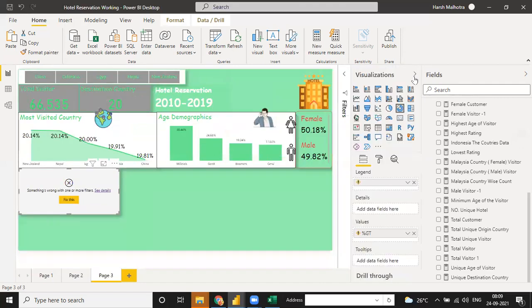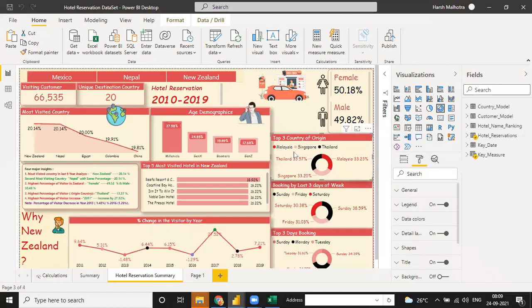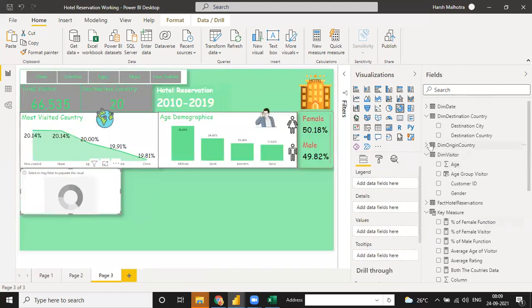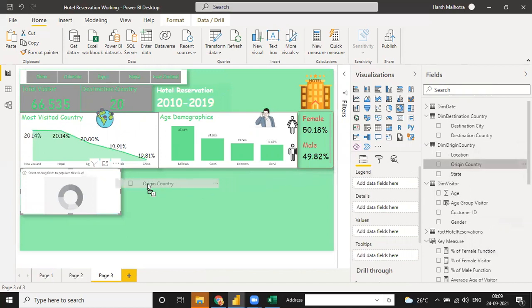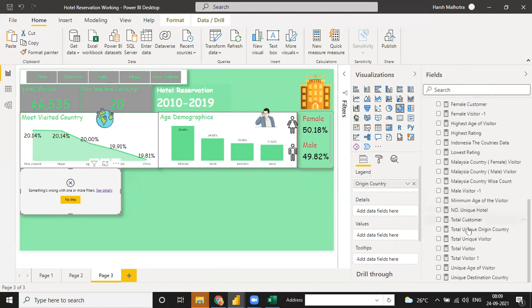and go to visualization. So right now I need the top 3 origin countries and their percentage. So top 3 countries on the basis of origin country. Click on origin, and for this you are using the total customer profit chart.